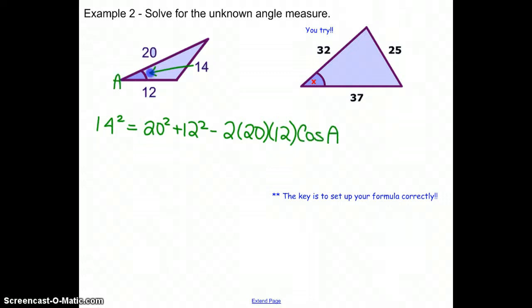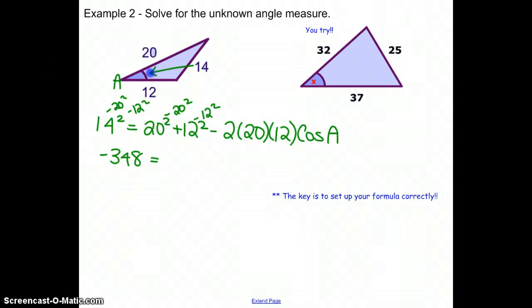And again, it wouldn't really matter what you label that as long as 14 and A are on opposite sides of your equation because they're opposites from each other. So here we're trying to find A. We again do all of our squaring first. So we'll get 14 squared, and we'll have to move our 20 squared and our 12 squared to the other side by subtracting them. After we've squared everything, you're going to end up with negative